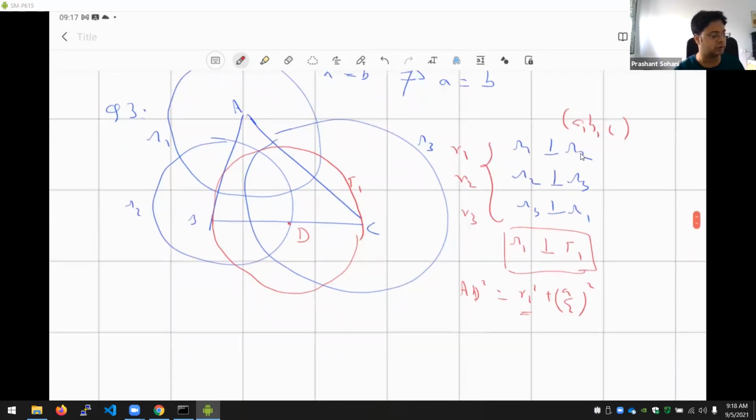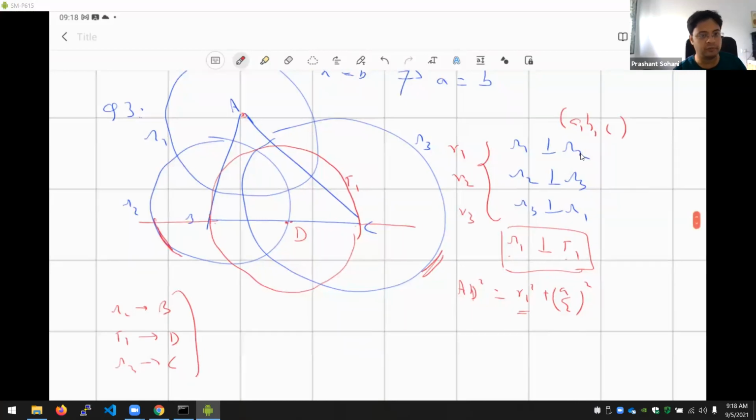Once you have proven that omega 1 is also orthogonal to gamma 1, then what do you have? I mean, the circles gamma 2, gamma 3. So gamma 2 is this circle, gamma 3 is this circle. So gamma 2 has center B, omega 2 has center B, gamma 1 has center D, and omega 3 has center C. So these 3 points are collinear. And because A is the center of a circle which is orthogonal to all 3 of them, then obviously